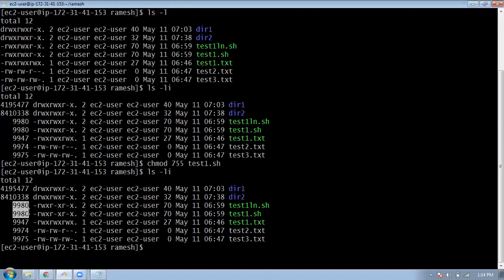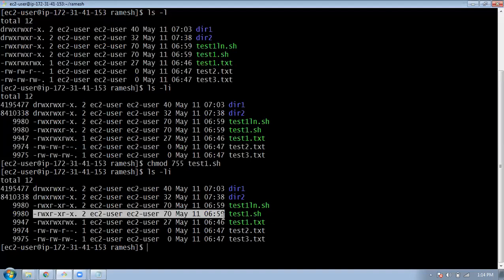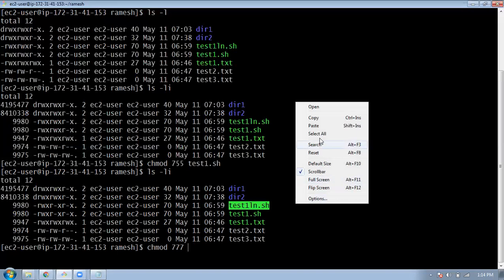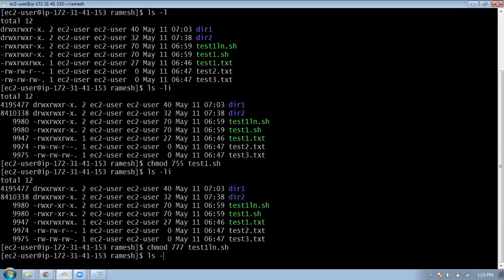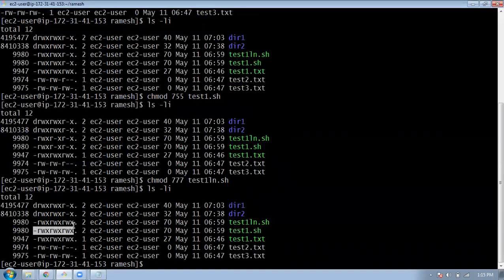Whenever you have the same inode number, if you apply anything to one file, these attributes are shared. If you modify any attribute, the other file's attributes are automatically updated too. Like this, I updated permissions for one file and the other file's permissions were also updated. Let me try chmod 777, giving one file full permission. Now you can see the other file's permission is updated too. This is how it works in the case of hard links.